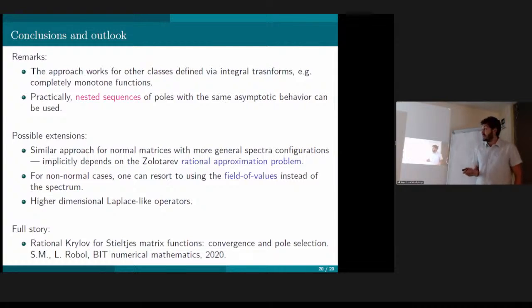But there is a nice workaround, due to the fact that these poles, as the degree goes to infinity, generate a well-known measure on the interval AB. So one can directly generate samples from this measure and generate a nested sequence of poles, for which you can augment the Krylov subspace in the usual manner. And one can experience a very similar convergence rate as the one of the optimal poles. And I think that's it on my side. So thank you for your attention.